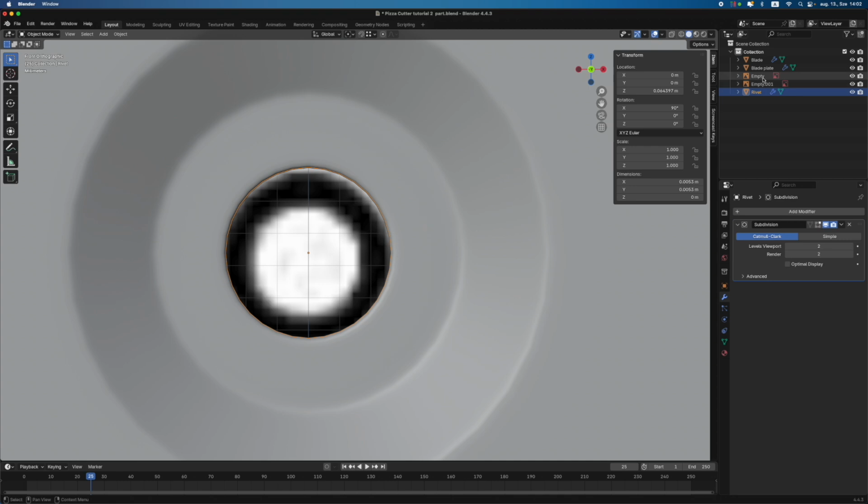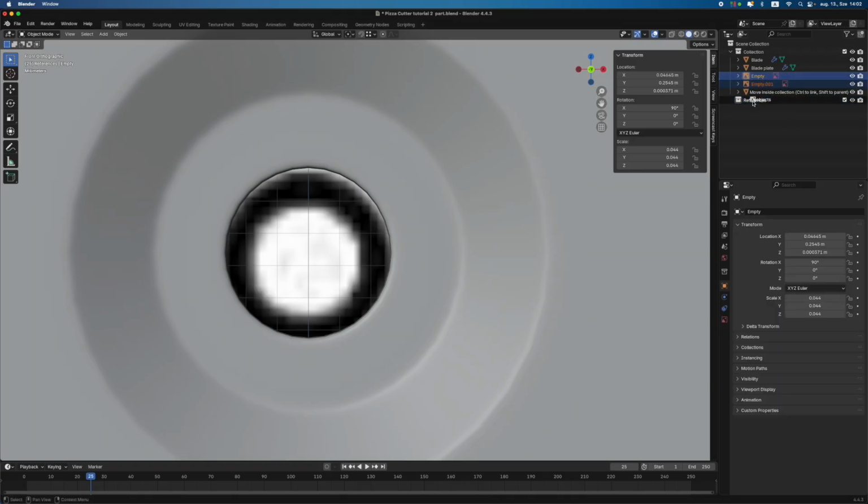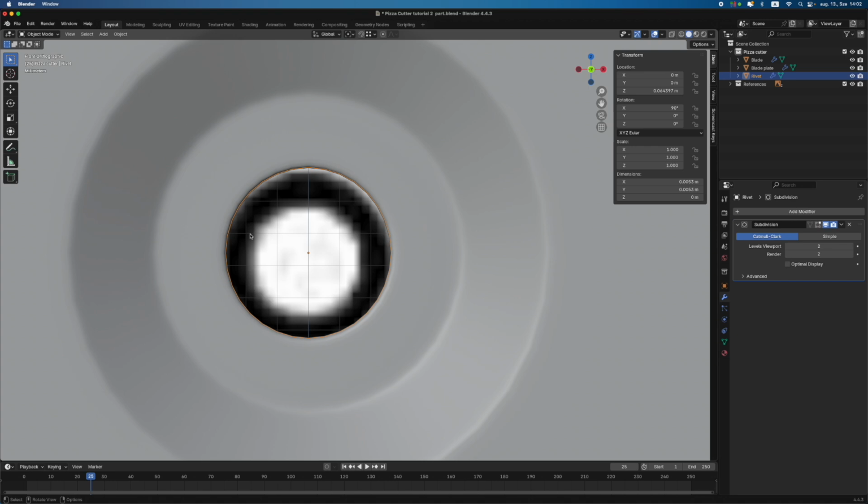Also, the reference images are in the way, so we can make another collection, name it references, and move this here, so we have a bit well organized outliner here. So now with the rivet selected,